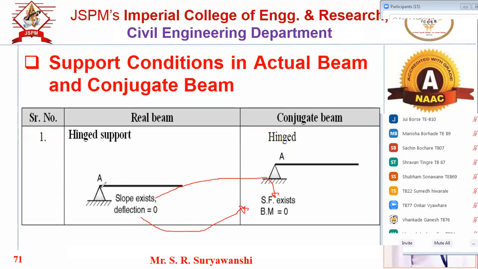Now for simply supported beam at A, theta is not equal to 0, means theta असणार आहे, theta do exist there. Similarly, in case of conjugate beam also, if this is the simply supported beam, reaction will be there, RA असणारच आहे, so shear force will do exist. Means if you find out this shear force, you will get the value of slope. If you find out the bending moment at A, you will get the deflection at that particular point. But here at hinge support, deflection will be 0 as well as bending moment will be 0. आणि काय लक्षात ठेवायचं, hinge support will remain hinge in conjugate beam.